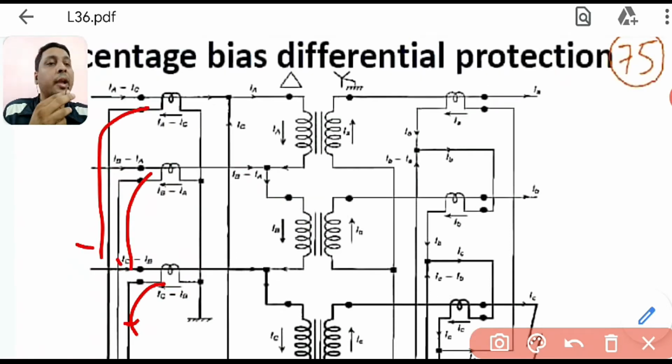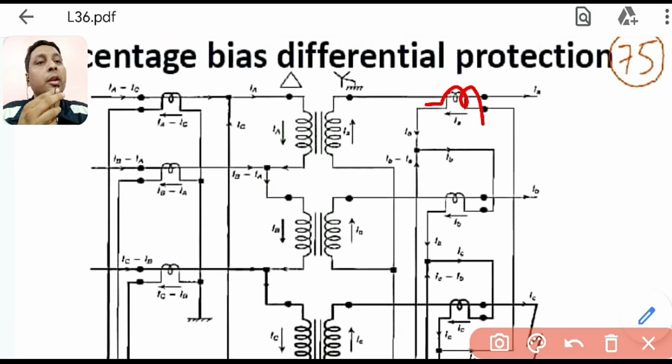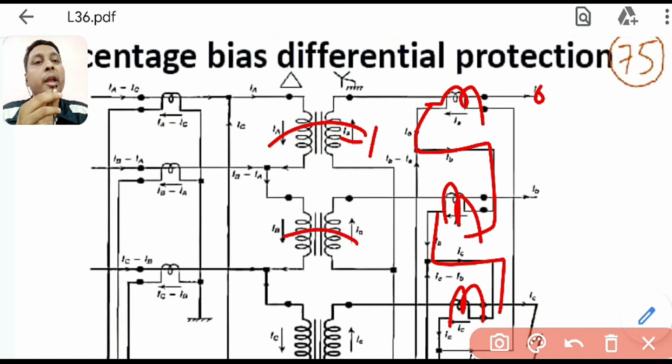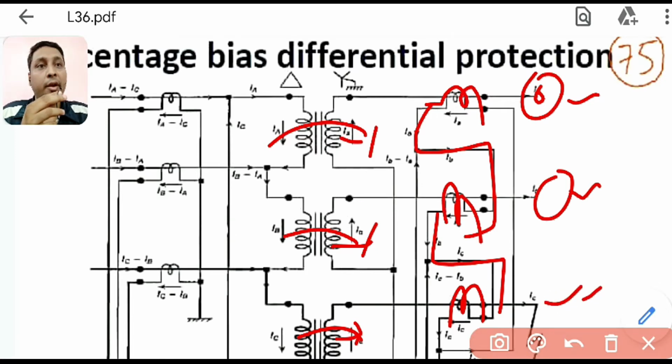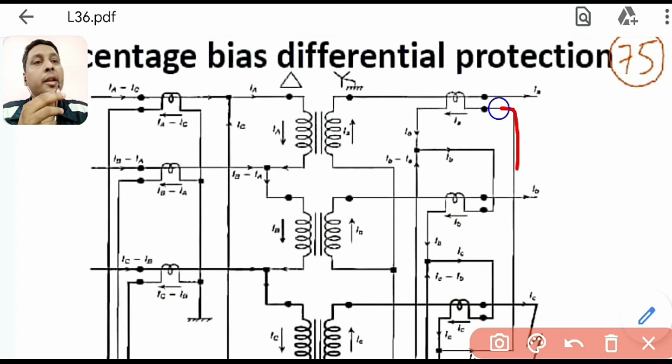Now come to this side. In this side we have these 6 windings. So how will I connect in delta? For delta, you already know the way I have shown you. So this is connected to this, this is connected to this. Now you mark, this is your IA, this corresponding, this is IA, this is B phase, this is C phase. So obviously this will be A, this will be B, and this will be your C phase. Now the C and A, these are connected here.